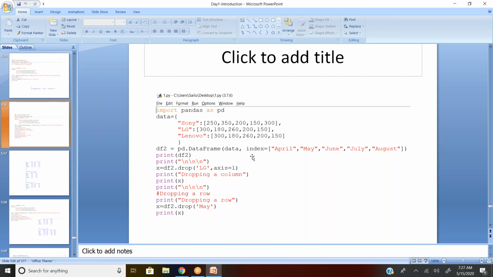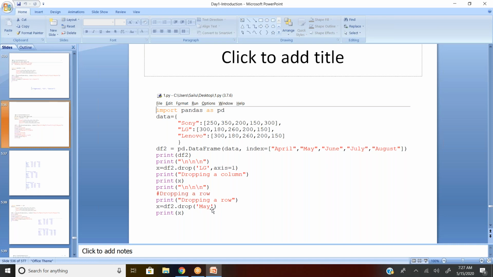So what I can do is I can drop a column. So df2.drop. When you use the drop option, the system automatically drops the column you want dropped. So comma axis equal to 1. So it's nothing but dropping a column. Hope you're clear. Or you want to drop a row. So df2.drop in bracket, which row you want to.